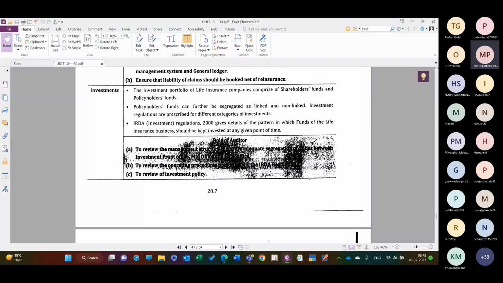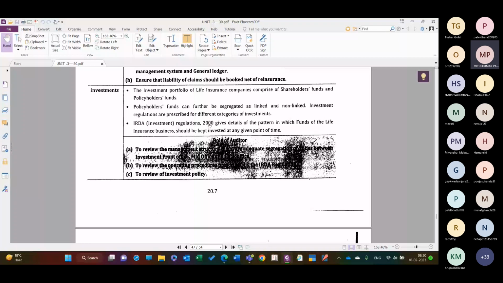It itself is a one carrier. ये सारी चीजें carrier है, right? तो वो पढ़ना चाहिए, right? उसके हिसाब से होना चाहिए. And to review the investment policy, and every insurance company have their own investment policy which is in align with the IRDA Investment Regulations 2000. तो उसके अलाइन होगी, उसी हिसाब से वो होनी चाहिए.